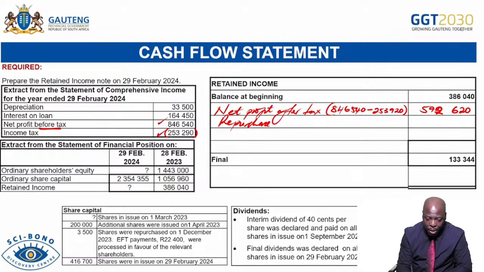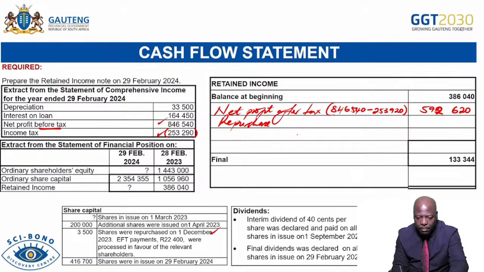And on the repurchase of shares, we are told that shares were repurchased on 1 December. An EFT payment of 22.4 were processed in favor of the relevant shareholders. Okay, so there are several ways in which one could have got the repurchase of shares here. So let's start with the first way. The first way was simply to say, if I am given